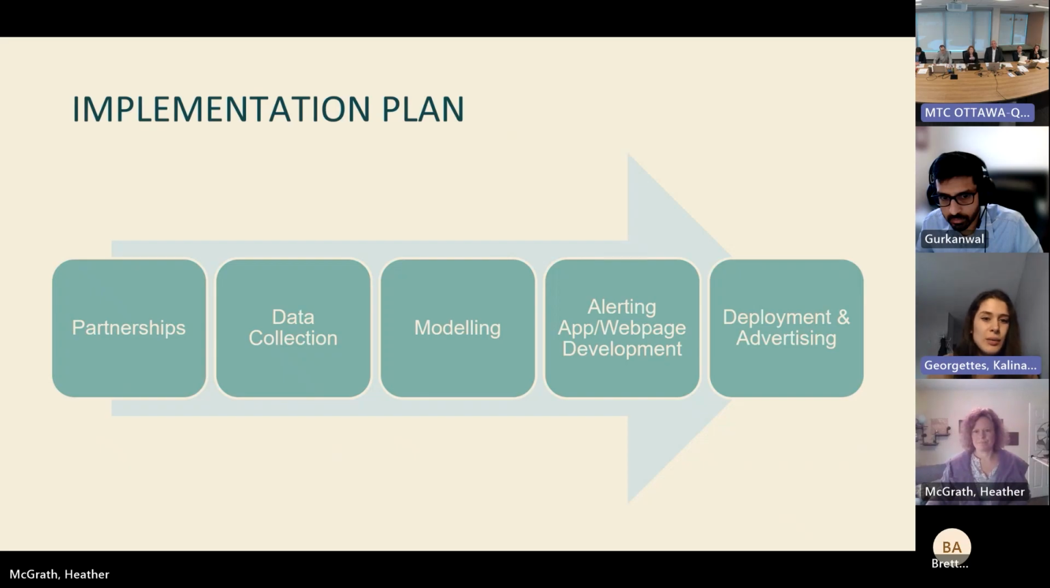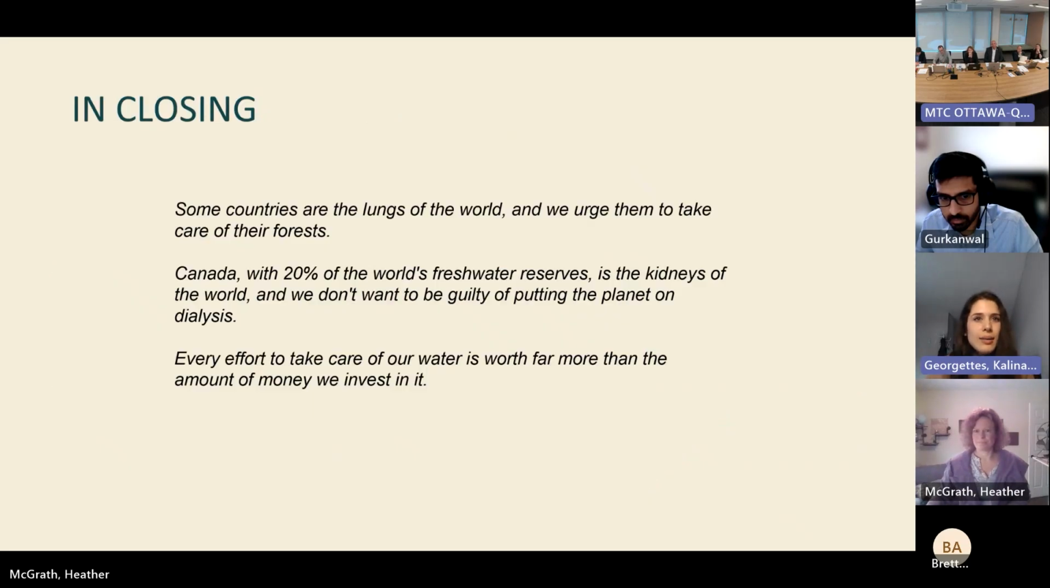And so in closing, we wanted to finish with a quote, just stating that some countries are the lungs of the world, and we urge them to take care of their forests. Canada, with 20% of the world's freshwater reserves, is the kidneys of the world, and we don't want to be guilty of putting the planet on dialysis. Every effort to take care of our water is worth far more than the amount of money we invest in